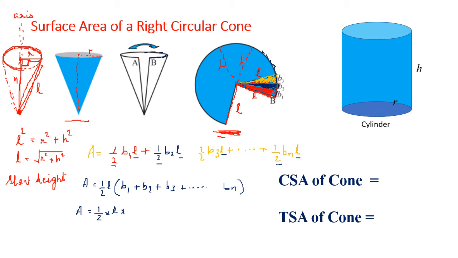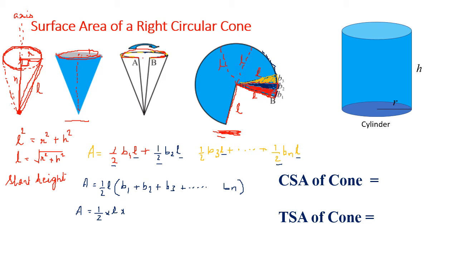Can you see, or I'll change the color of the pen. I'll draw it again. We cut the parts B1, B2, B3, B4, B5. So if you add all these parts, what will you get? Can you guess? When I add all these parts B1 and B2 and B3 and B4, I will get a circle, because when they touch, I will get a circle.